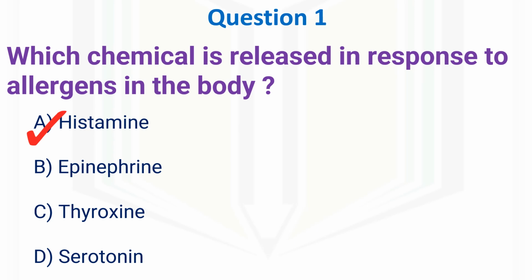Epinephrine is also commonly called adrenaline and it is secreted by the adrenal gland. It is also a neurotransmitter as well as a hormone and plays an important role in life-threatening conditions by pumping more blood to the heart so that there is no loss of blood, and it also decreases the sensitivity to